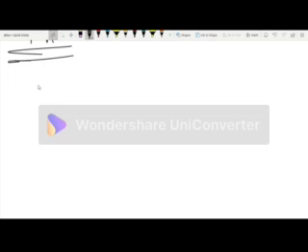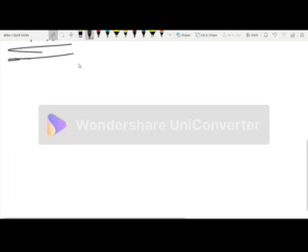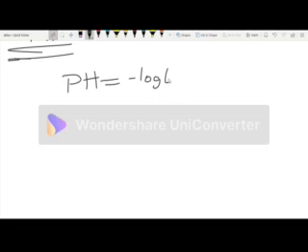So now we know that from pH we have what we call the pH scale, right? So with this we can determine that pH is equal to negative log of what? The concentration of the hydronium ion,